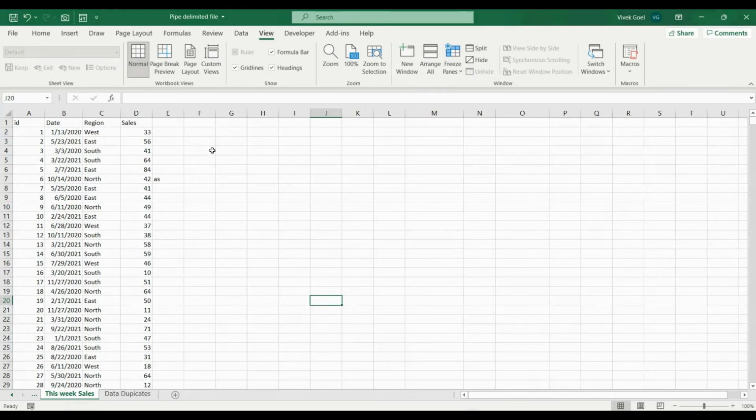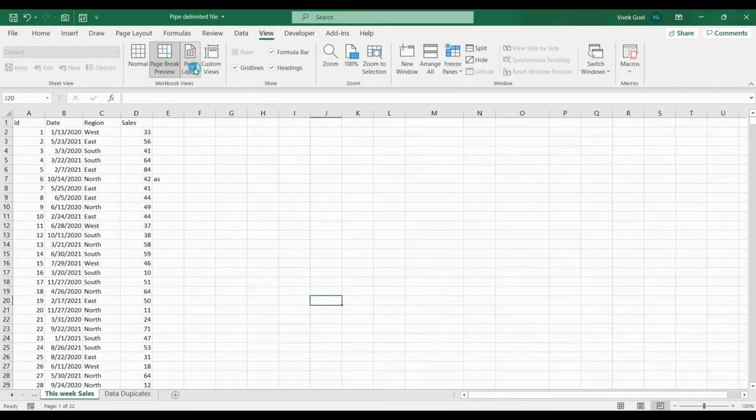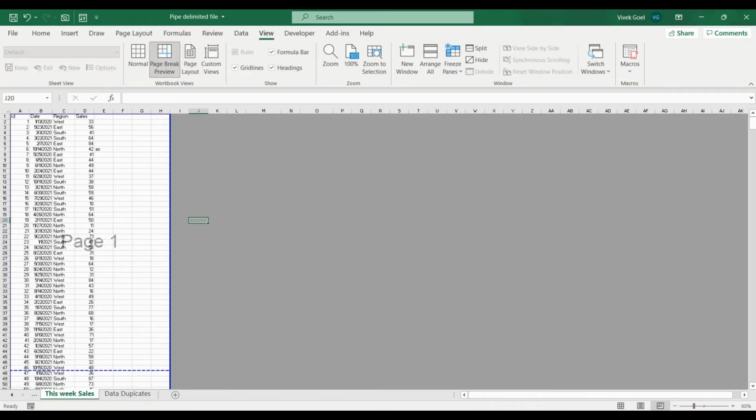Let's quickly wind up the View part of the ribbon. The first option allows you to view your sheet differently. We have already explored these views in our Page Layout section as well. Page Layout shows you how the document will look when it is printed, if it has any headers or footers, while Page Break shows how much data will fit on a single page.